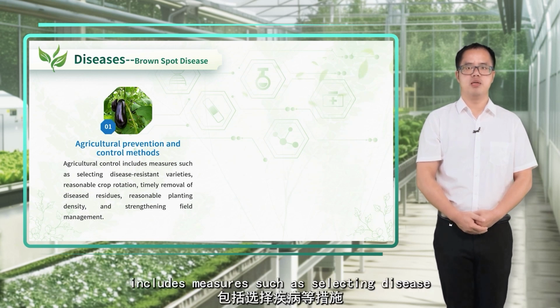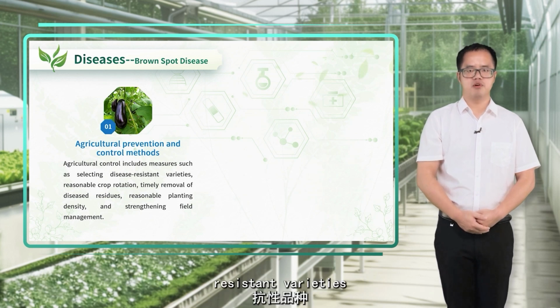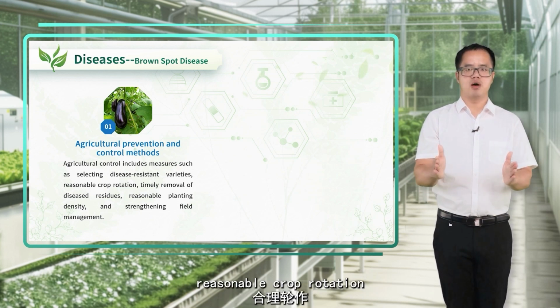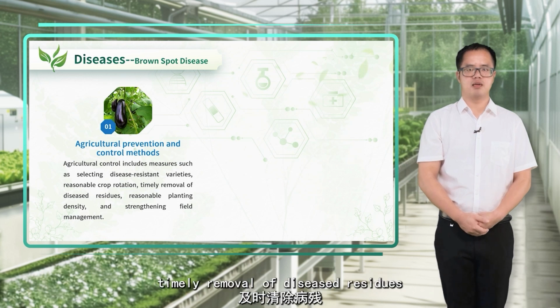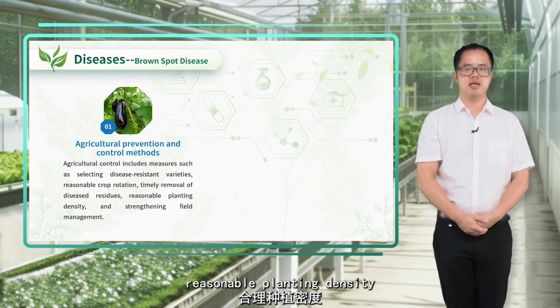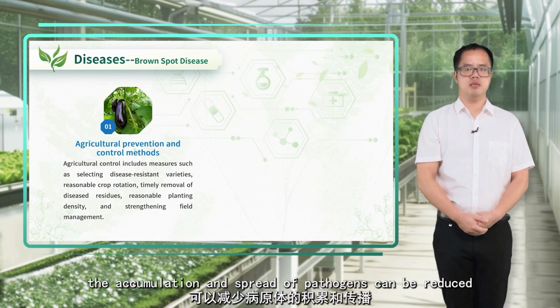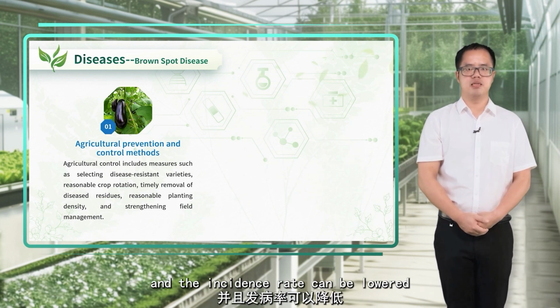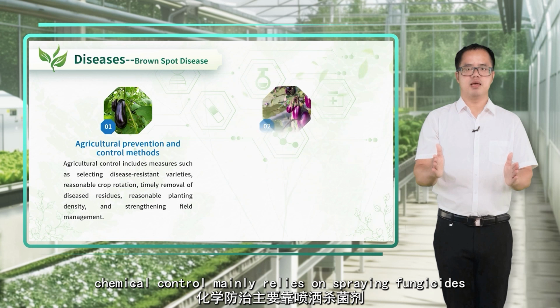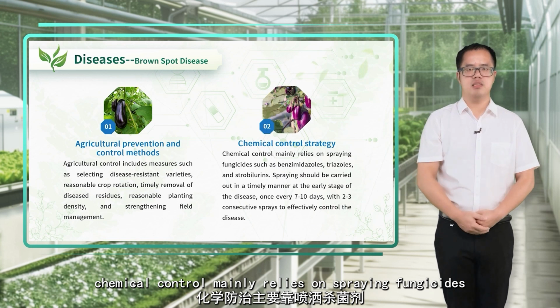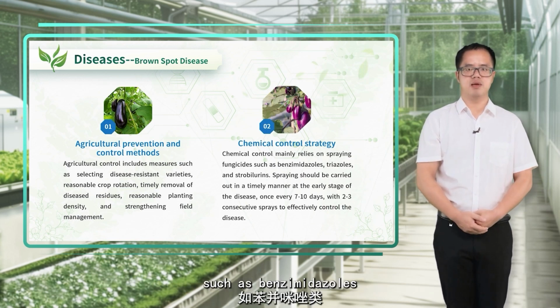Agricultural control includes measures such as selecting disease-resistant varieties, reasonable crop rotation, timely removal of diseased residues, reasonable planting density, and strengthening field management. Through these methods, the accumulation and spread of pathogens can be reduced, and the incidence rate can be lowered. Chemical control mainly relies on spraying fungicides such as benzimidazoles,